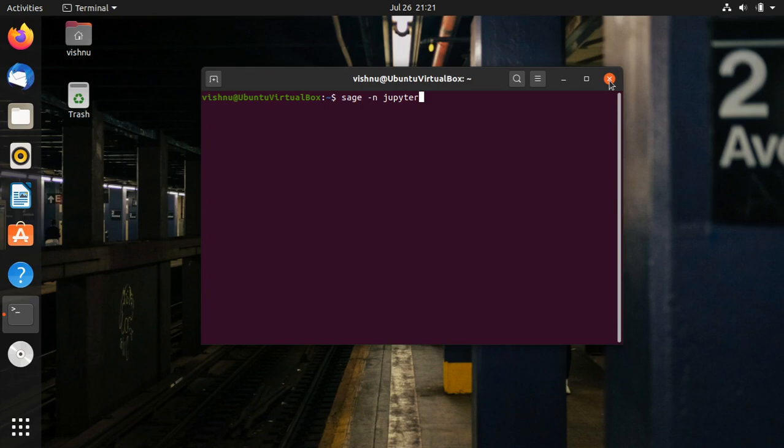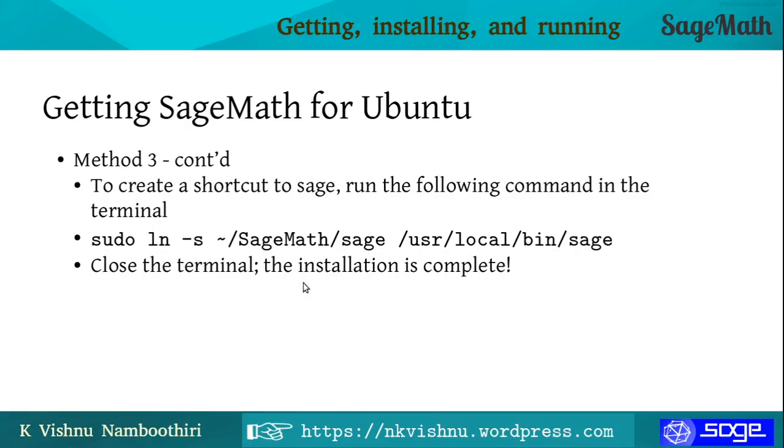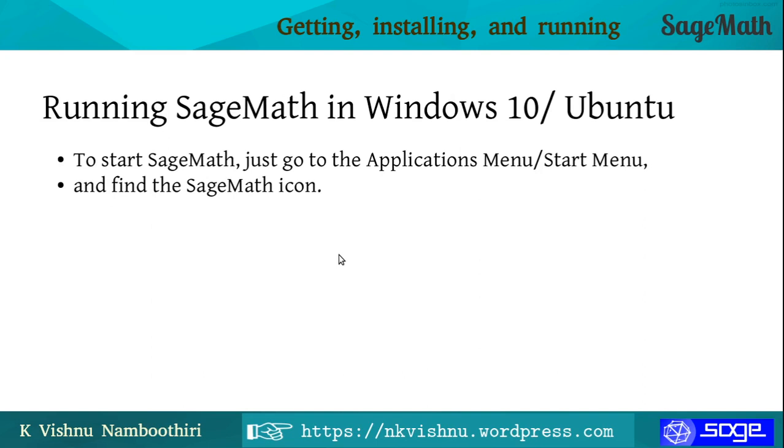So we have completed the installation in Windows, and we have completed the installation in Ubuntu. Getting SageMath for Ubuntu, that part we completely explained, and we created a shortcut like this. We have also seen how to start SageMath in Windows 10: we just go to the Start menu. If we have used the first or second method in Ubuntu, we can follow exactly the same procedure: go to the Applications menu and we will find an icon called SageMath.